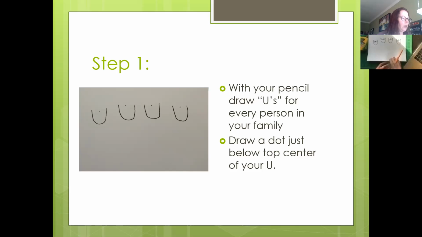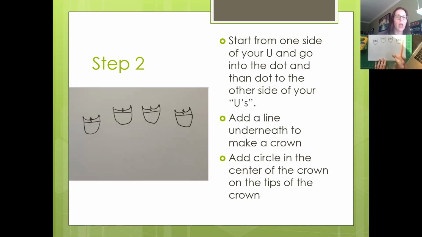Then the next thing you're going to do is connect the end of your U's to the dot. Oh, I'll change the slide. The end of the U's to the dot and then back to the U again. And that kind of gives you the top of your crown. Then you want to put a line underneath every person